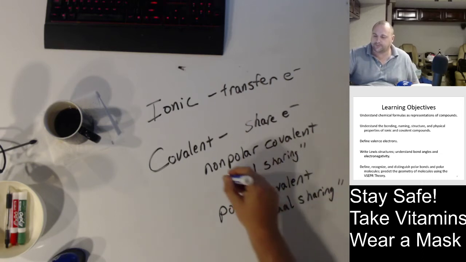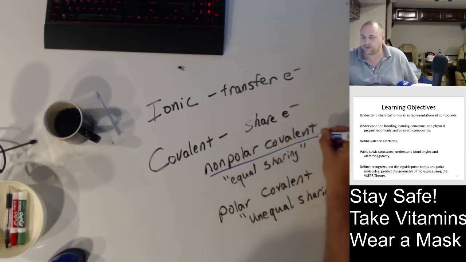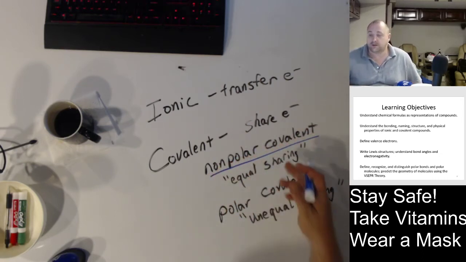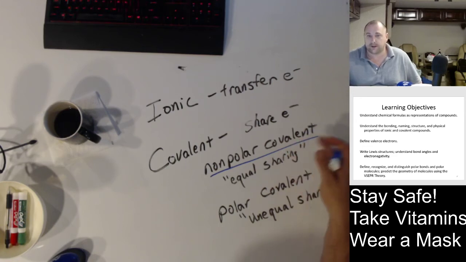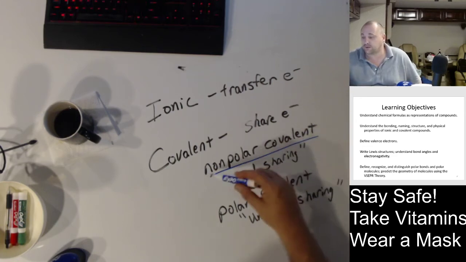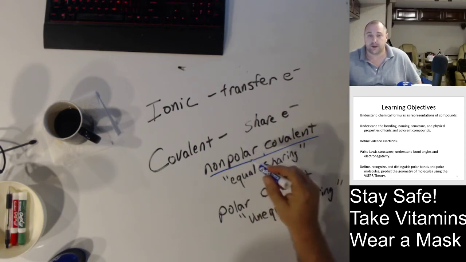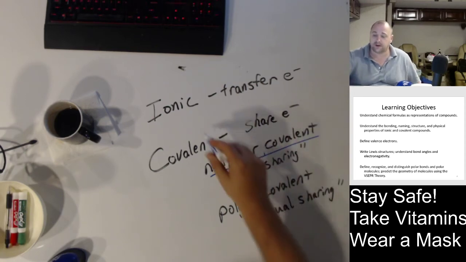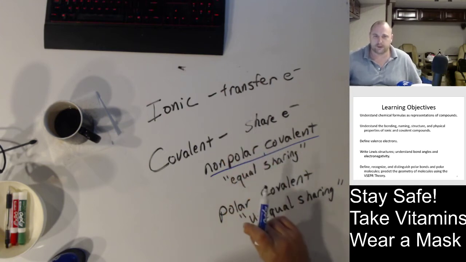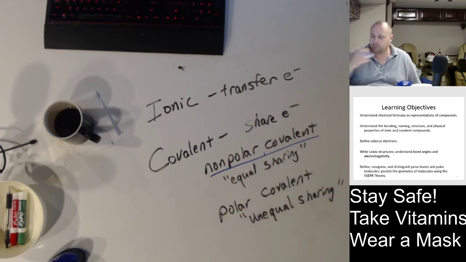So what I do, this non-polar covalent for equal sharing, instead of just calling that covalent like many books do, when I want to talk about this specifically compared to the others, I'll say non-polar covalent. If I just say covalent, it's including both of these. All right. So when we share these electrons,